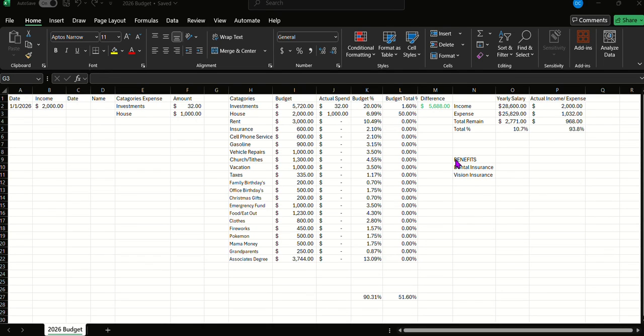A guide to finance. And today we're going to be looking at how to create a budget. And this is going to be my budget for 2026. This budget is a very basic budget. It requires a little bit of Excel knowledge, but this is a budget that will help me and will help